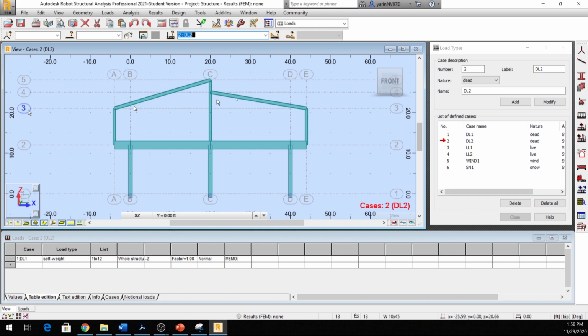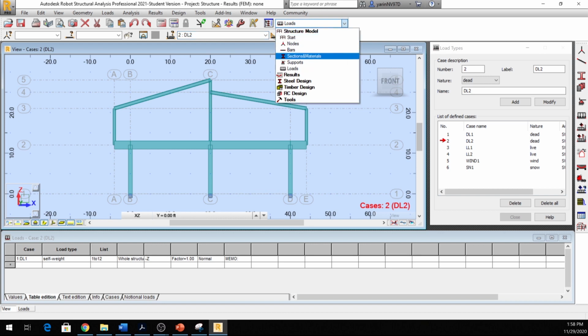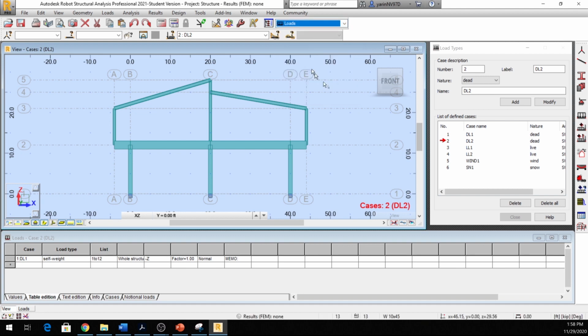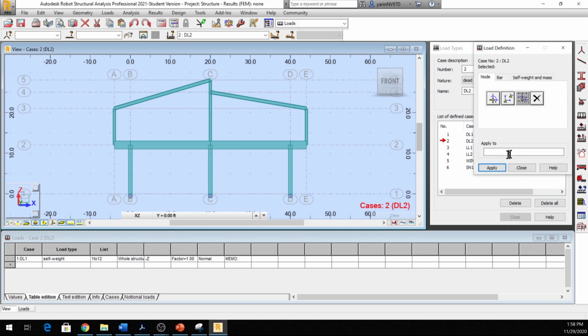So click on a, back in here, come back, click on, you can go right here. Come on, right there. Okay, so now we get the load definition. And stay on a bar. You have node, you have bar, you have self weight and mass. So we're going to go on a bar, and from the bar let's select the uniform distributed load,